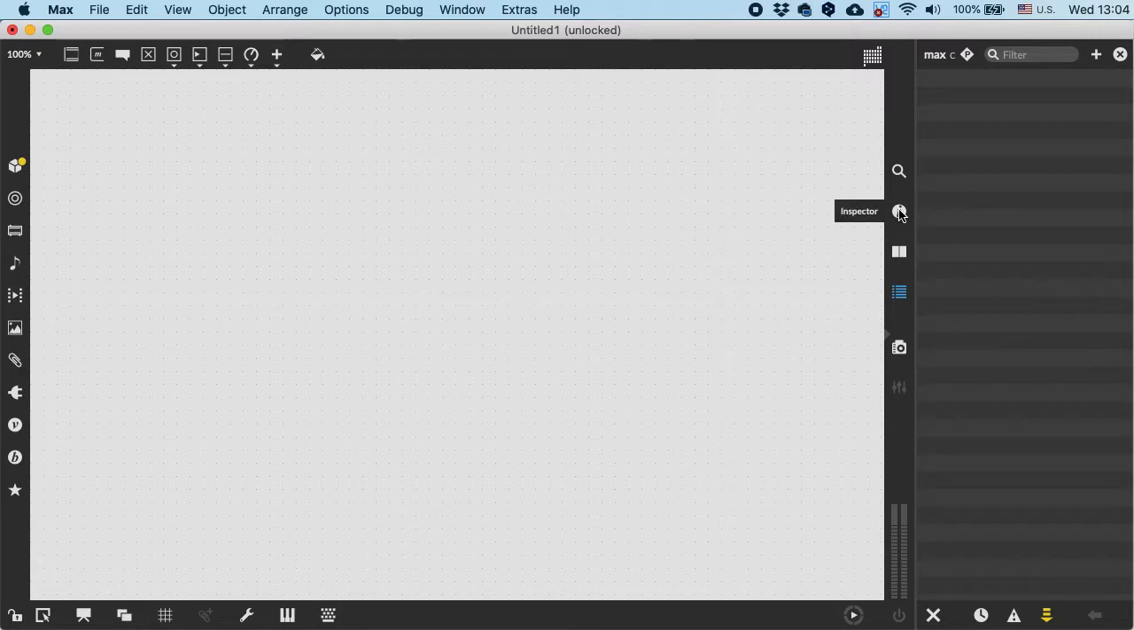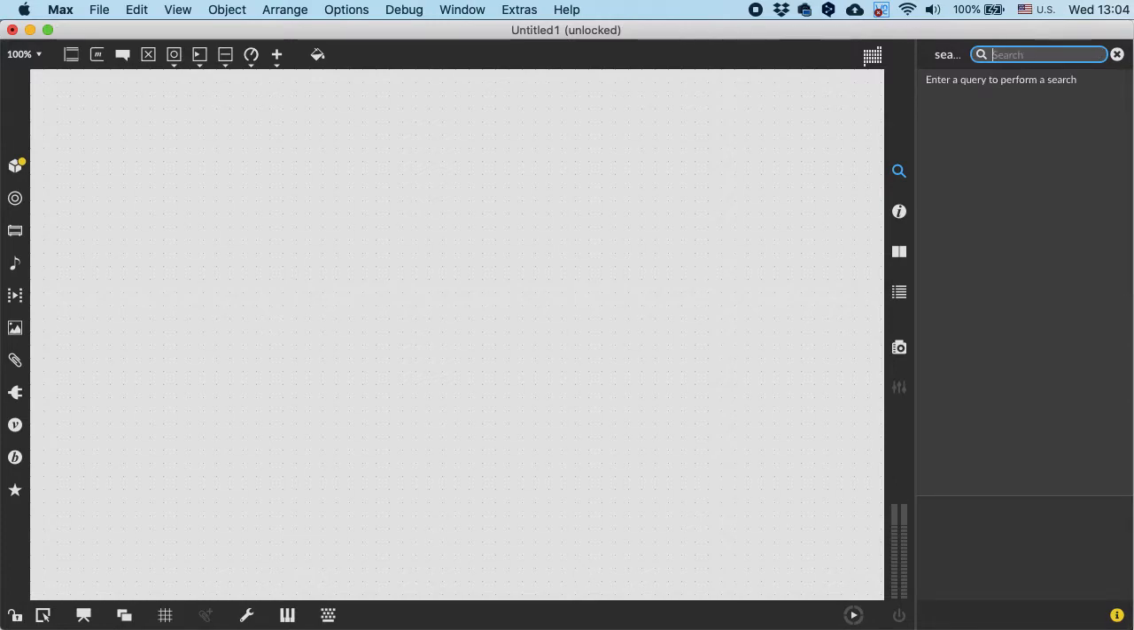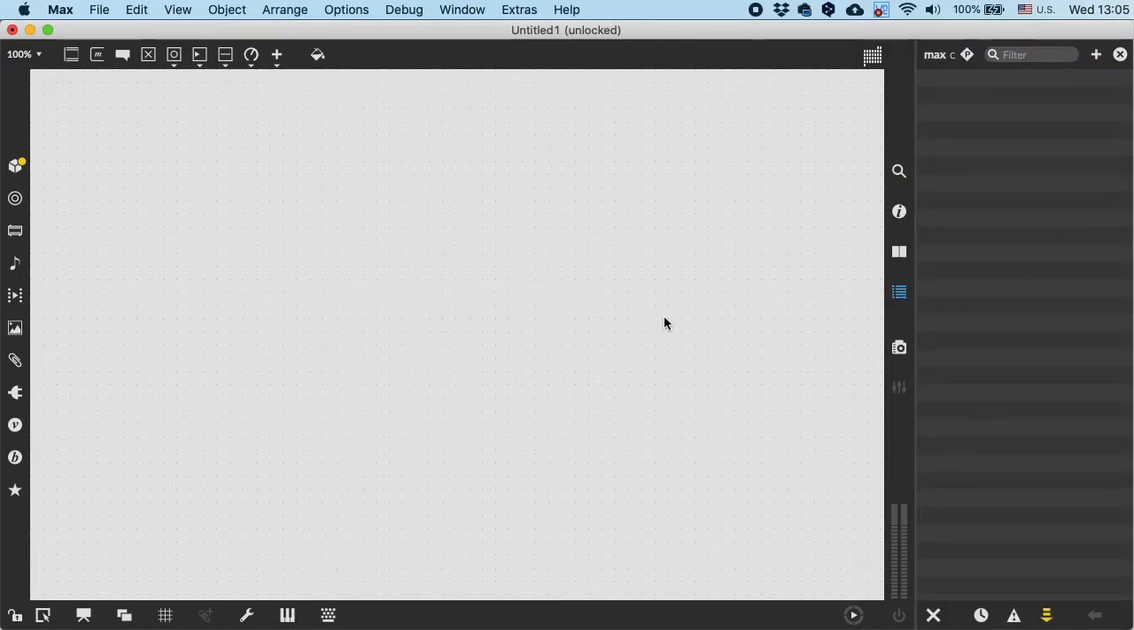Also the inspector, where you have information about your objects. Also a search. If you don't know anything about video objects and you want to work with video, you would simply write video, and then you will have a list of related objects and documentation. So let's go back to console. The tools on the top menu